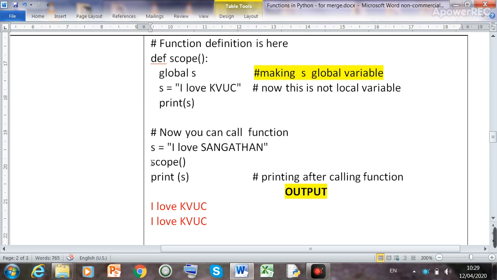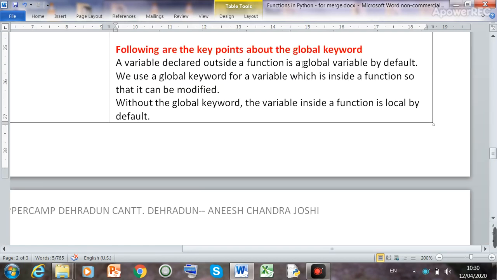So when we call this function, the output will be I love KVUC because of this print statement. But even if we write the print statement after calling the function, the output will be I love KVUC because s is now a global variable. So a variable will be global if it is declared outside of all the functions, or if we use